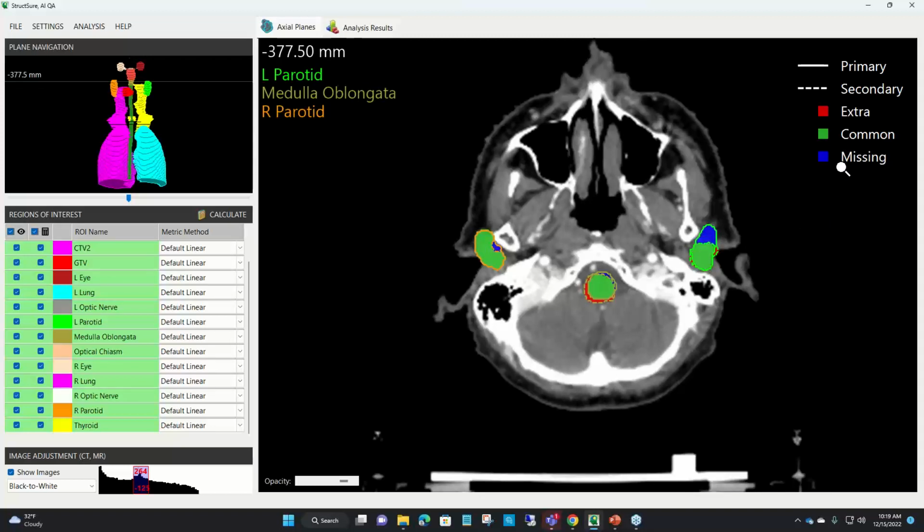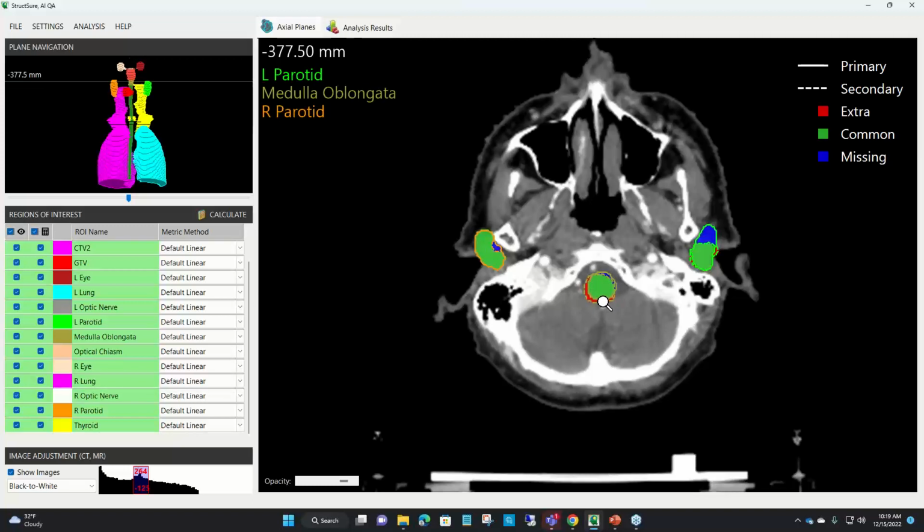If it's blue, that means the primary set, our gold standard, said the area of interest actually goes all the way out to here. But for whatever reason, the auto seg engine missed it. It didn't realize it went out that far. So here it undershot, or it's cold. Blue is kind of cold, if you will. On this particular example, again, green means this is where we agree, on the brainstem.